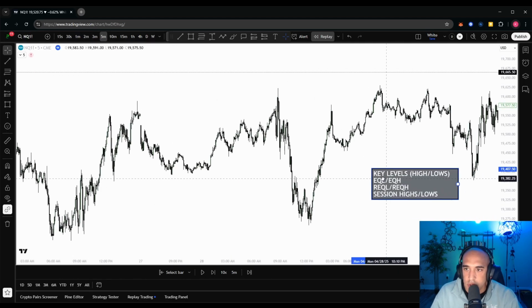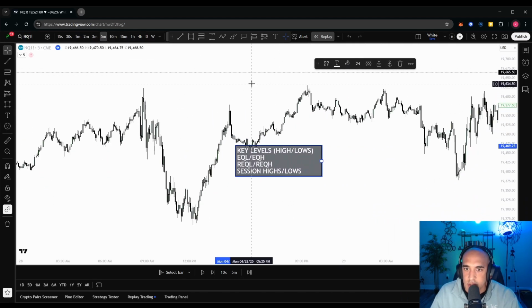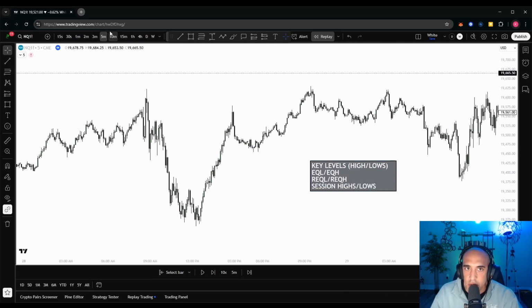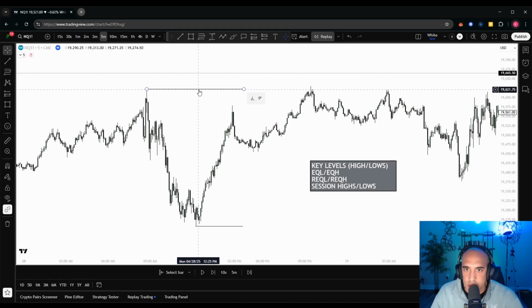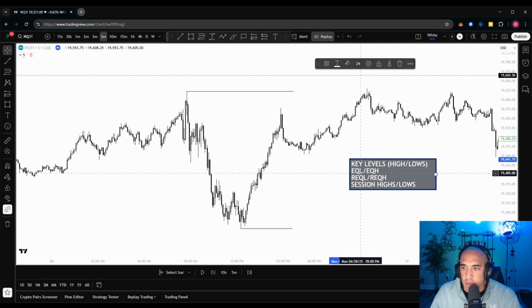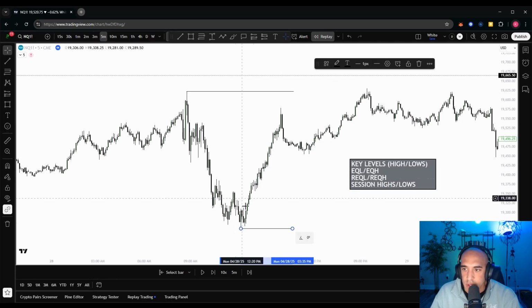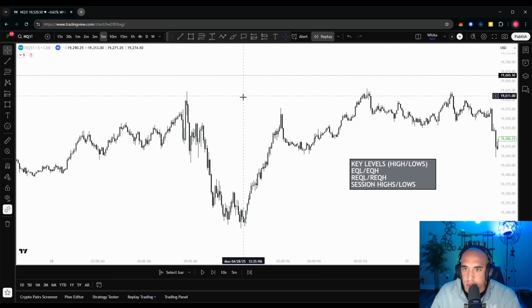Let's do a little bit more here. And one little tactic I use too, if it's not obvious enough, zoom out, go to the higher time frames. So here's a key level here, right? That's significant. Key level down here, that's significant. Kind of just go with your external highs and your external lows. Those are going to be your most significant levels for price to go towards.